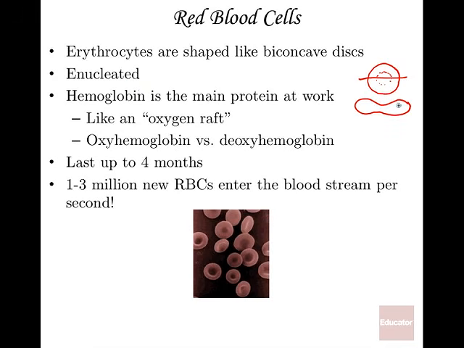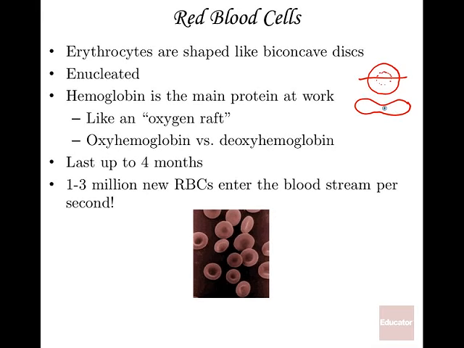This is one of those rare examples in the body of cells that don't have a nucleus. So an interesting thing is that in addition to them not having a nucleus, they excrete it, they get rid of it before they end up flowing around in your bloodstream. They also don't have mitochondria, and they don't have ribosomes. So they're not doing a lot of the cellular activity that your cells tend to do just to stay alive. You know, these only last for so long. Eventually they get damaged,